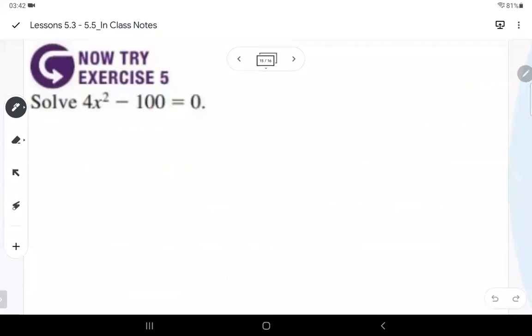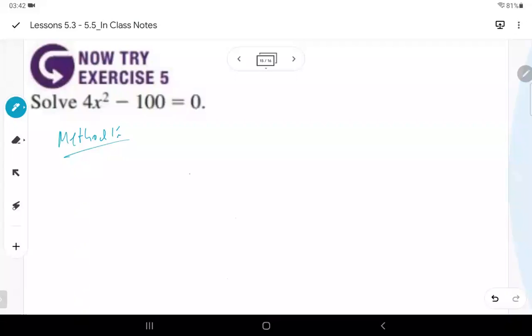Okay. Here you can do a couple of things. We can solve it using one method. Okay. Method one